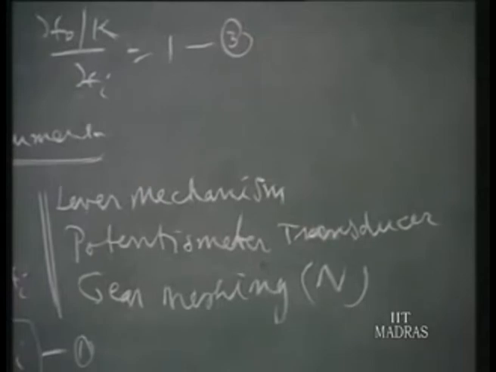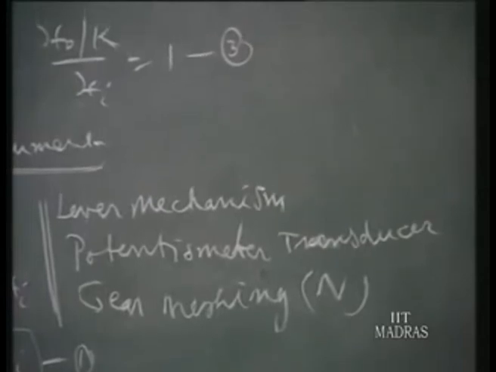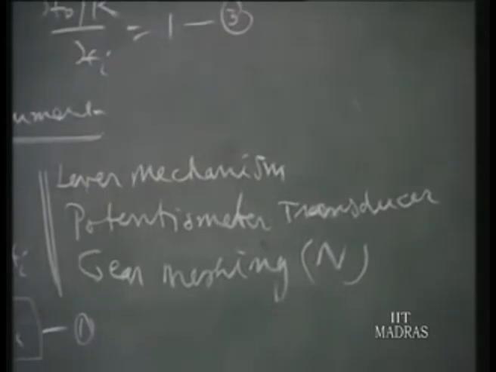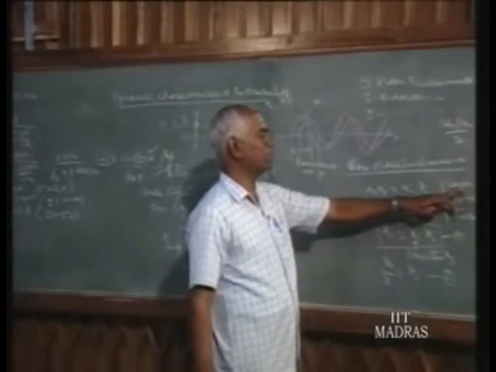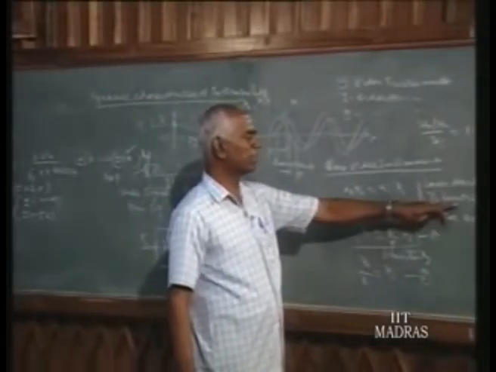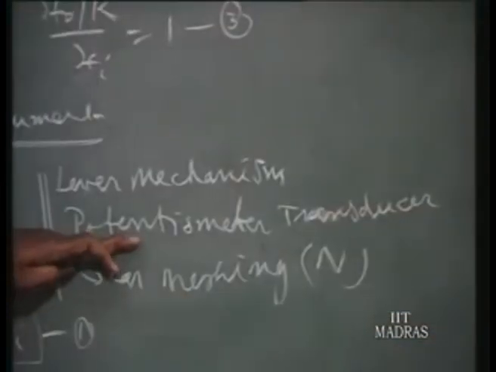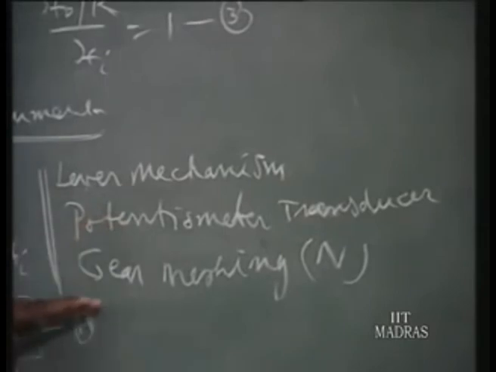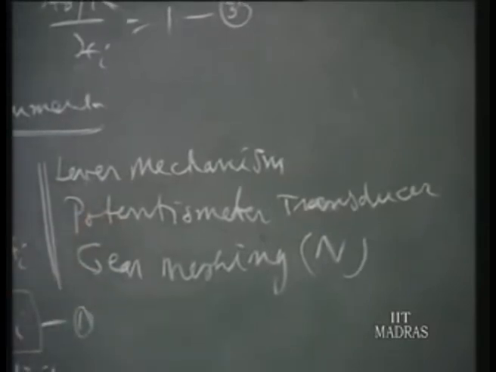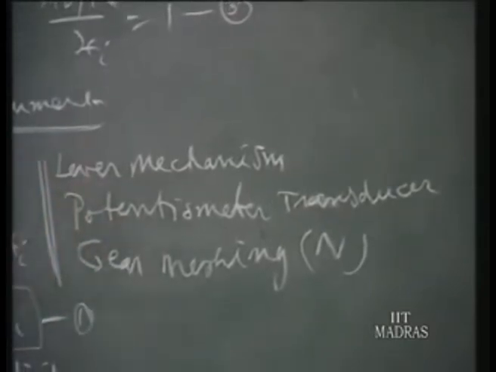where you may have the zero order realization, but you find some deformation may be there in the lever mechanism. The potentiometer transducer assumes pure resistance, but there may be some capacitance and inductance. To that extent there is some time lag. In the gear mechanism we may have backlash, so this will affect the functioning as a zero order instrument, but otherwise more or less they represent zero order systems.